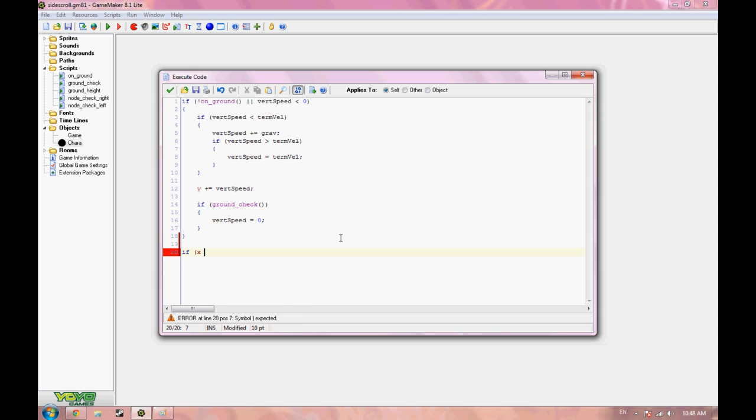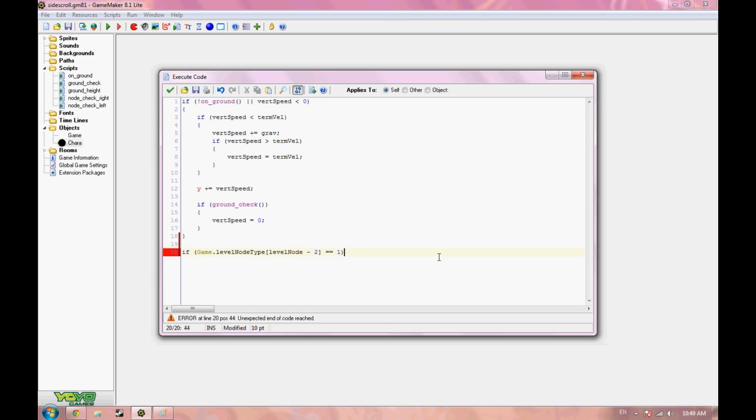If x, well no, actually what I have to do is check your node. So I just say if level node type, level node, so that's the node you're on. So I need to say we're going to go to the left first, so -2 is a type 1, which is a wall,